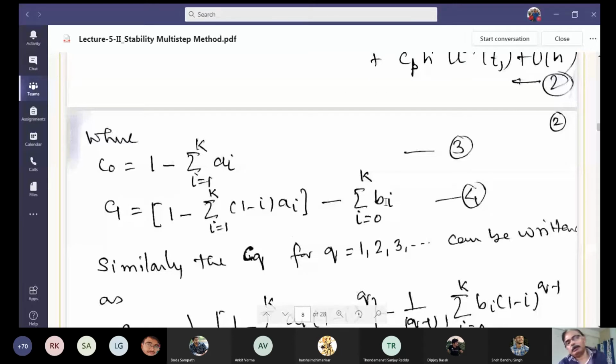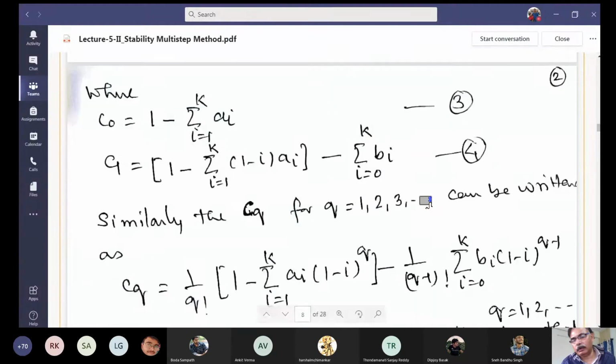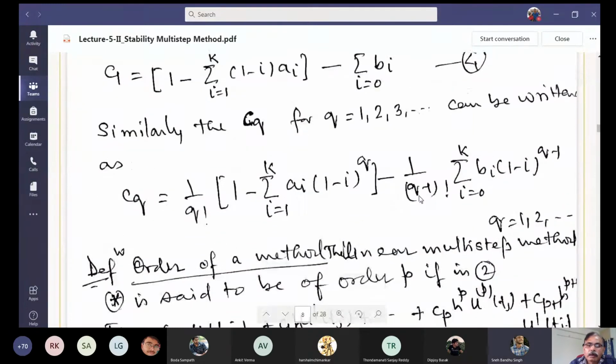You can see later on that these two coefficients are the first two conditions in the theorem that I explained last time, or maybe the time before that, where C naught is given by this, C1 is given by this. You require that for your consistency condition. You remember that? Yes, sir. There were two formulas.